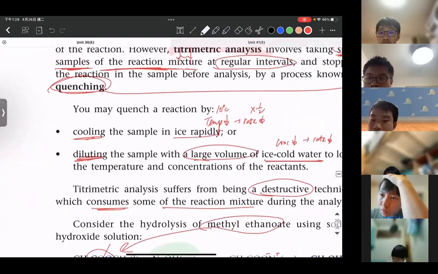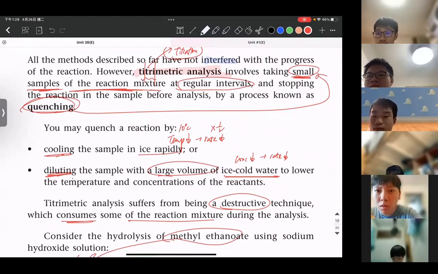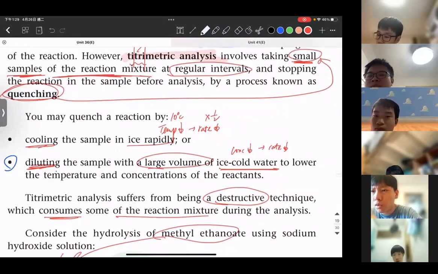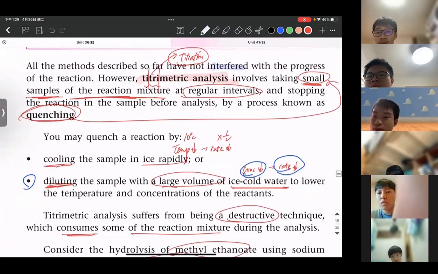Now take a look at this. Now you are going to cool the sample rapidly. You dilute the sample with a large volume of ice cold water to lower the temperature and the concentration of reactants. I will choose this method. Why? Because not only do I decrease the concentration, and I know the rate will decrease, but I also decrease the temperature, which would also decrease the rate. Can you get my point? If I make a concerted effort to make both happen,